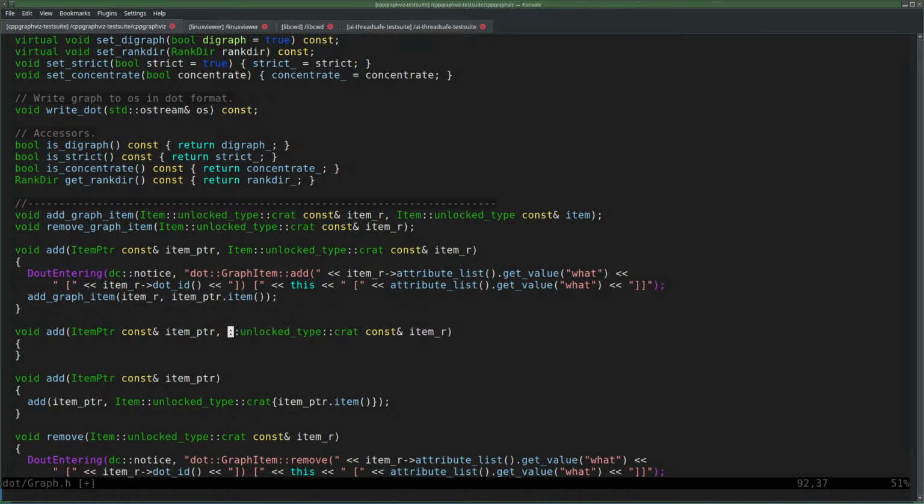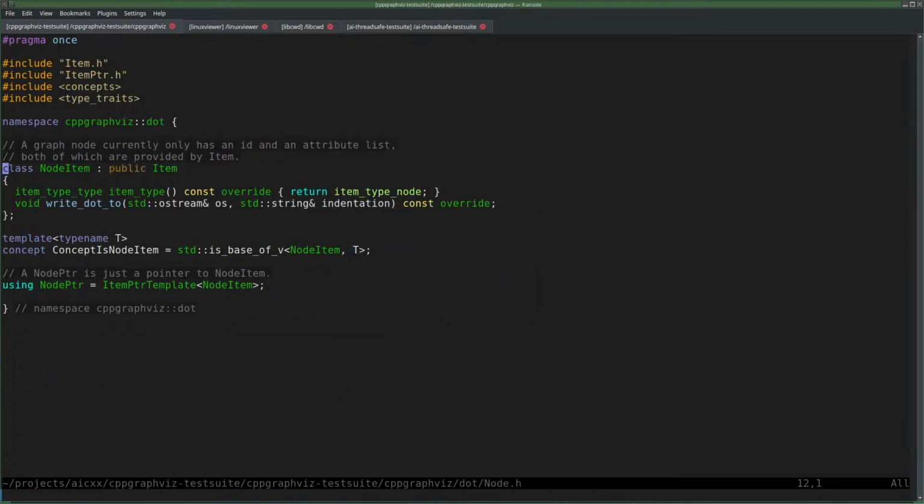Apparently we can add node. And node item unlock type cret. And a node item does not define its own unlock type.